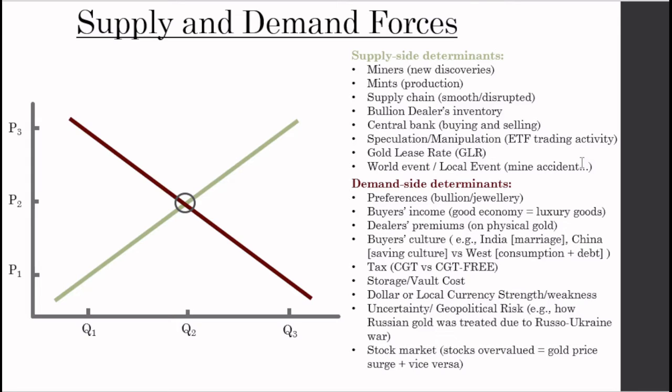By whales I mean high net worth individuals or financial institutions like central banks in the market, which can drive the price of gold up by putting large buy orders and sell orders, mainly sell orders, to drive the price down. Of course,